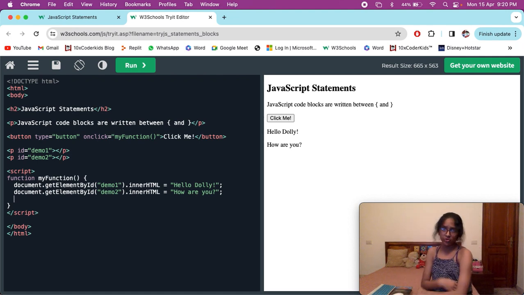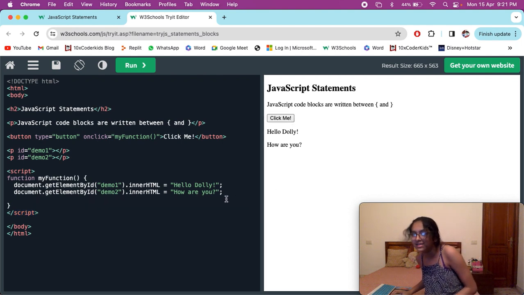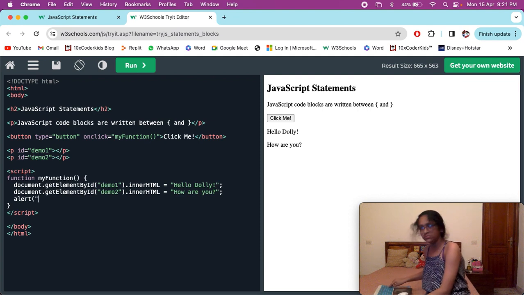Because I did not press click me. The function will only work when we press this button. When I press this button, only then will the alert come. See, guys, I was trying to trick you. Did you get tricked?